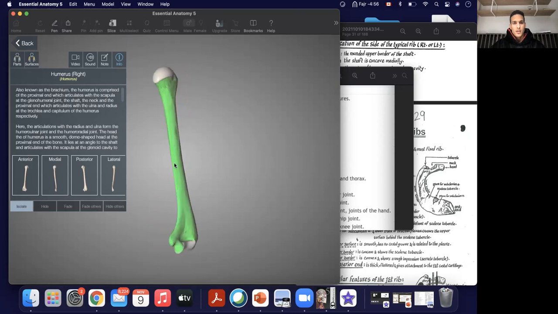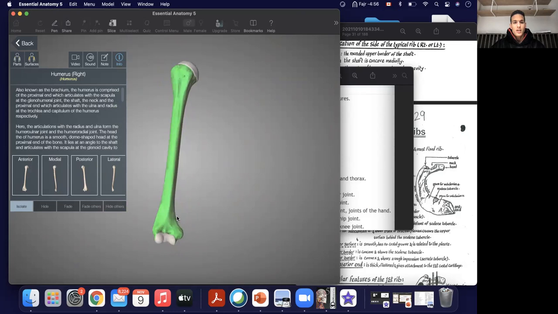What else? We have the supracondylar ridges on the posterior aspect, that when it reaches below to the distal end, it splits to reach the medial and lateral epicondyles of the humerus. And on the distal part of the humerus, we have the medial condyle and lateral condyle, and the distal surface of the humerus articulates and forms a part of the elbow joint as it articulates with the ulna and the radius, and the part of the humerus that articulates with the ulna on its trochlear notch is the trochlea,